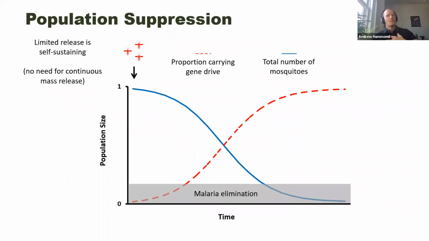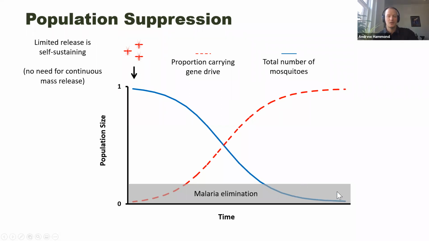So the effect of this is that if you were to release just a small number of gene drive mosquitoes on day one, you don't need to re-release them. That gene drive will spread on its own. It will bias its own transmission and drive itself through the population. So that's what we see in this red line. And as it's spreading, you'll see a reduction in the total number of mosquitoes as more and more of the females are made sterile. And if you reach a low enough level of mosquitoes, you can actually get to malaria